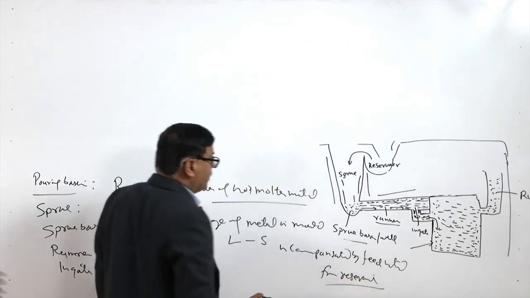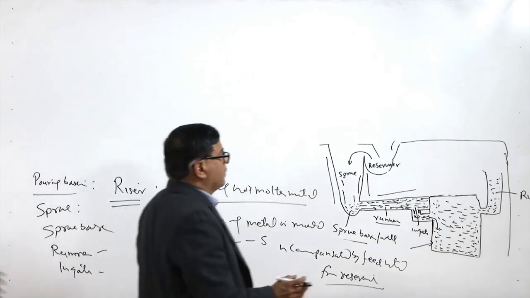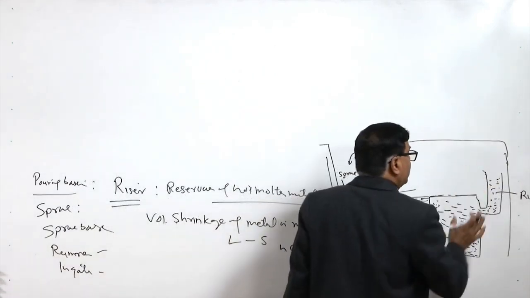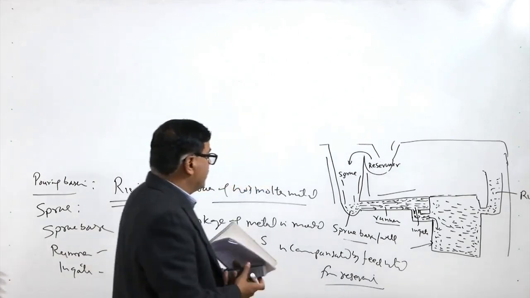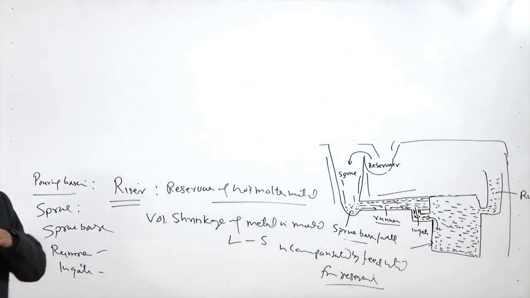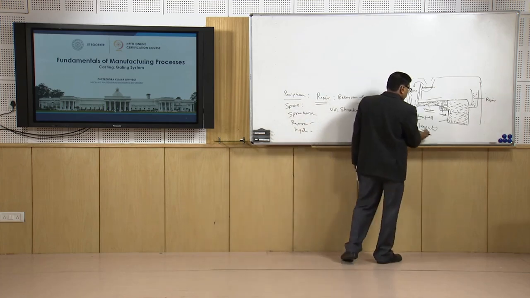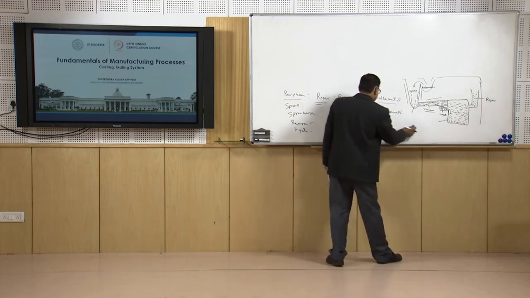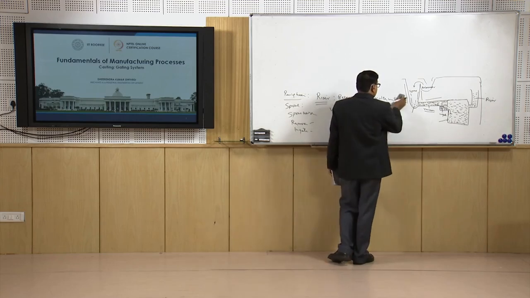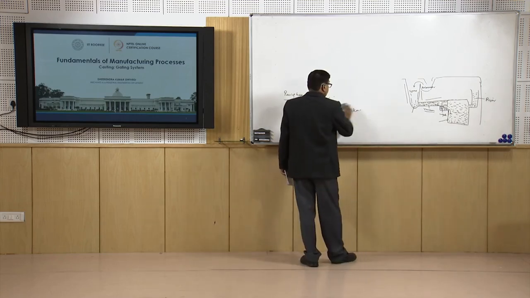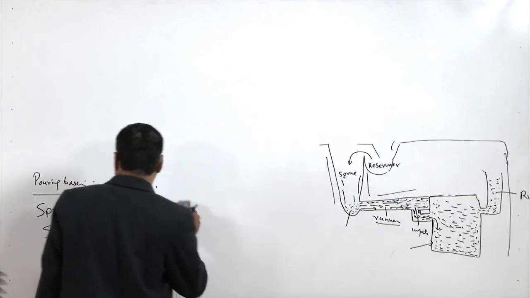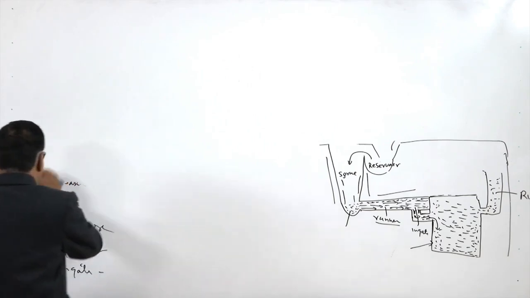Here it becomes important to consider what volume of the molten metal should be there in the reservoir, so that it can provide the required amount of molten metal to cope with the shrinkage of the molten metal due to the liquid to solid state transformation in the mold cavity, and for